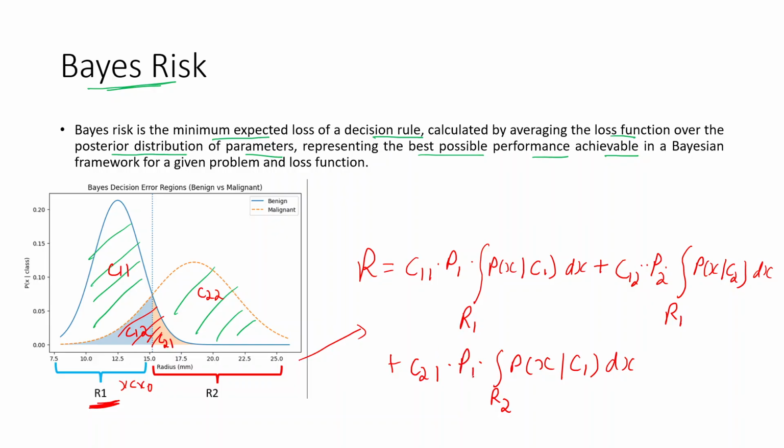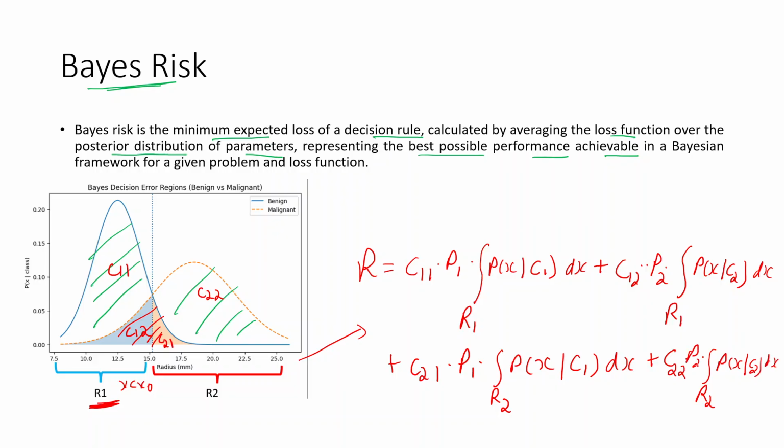Therefore, multiply with the prior probability of 1. And then this is C22, that is this side. And then it is integral over the R2 and then P of x with respect to the class 2 dx